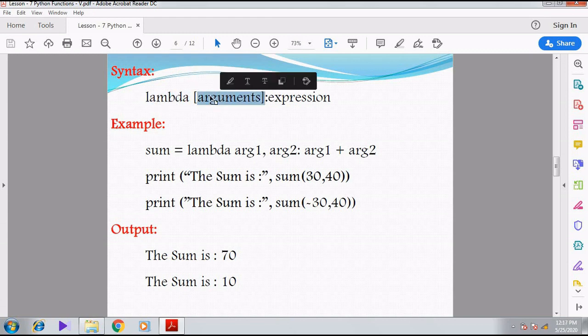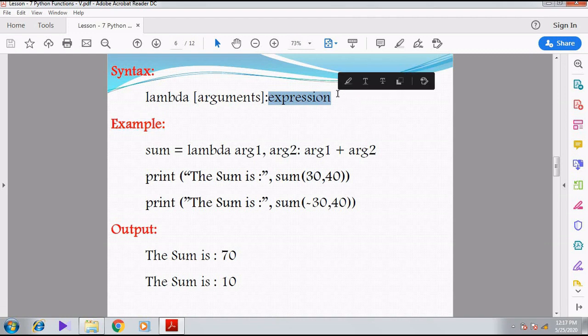So the lambda keyword is given, next you can give as many arguments as you want, then a colon after the arguments. Then whatever the expression, the return value you need, can be given in the form of an expression. So here we are using the lambda keyword, then arguments, then colon.